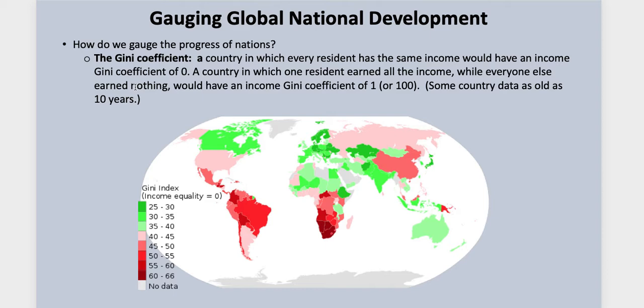Now, if you look, you can find Gini coefficient maps that show you state by state how the income distribution is in each state in the United States. Interestingly, Alaska is, again, looking at income only, not wealth, Alaska has got one of the better Gini coefficients of all the states, which is a bit of a surprise to me given the depth of poverty that exists in some of our rural areas. And it suggests to me that